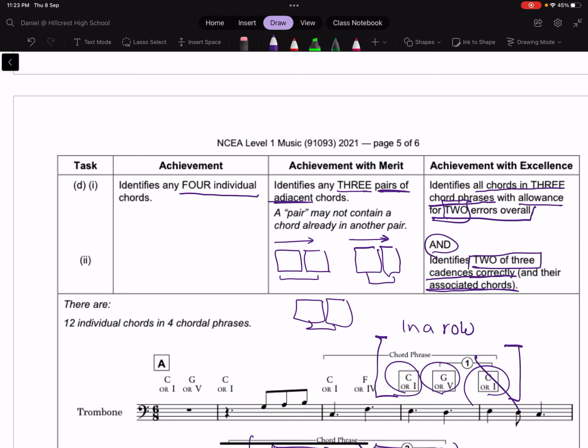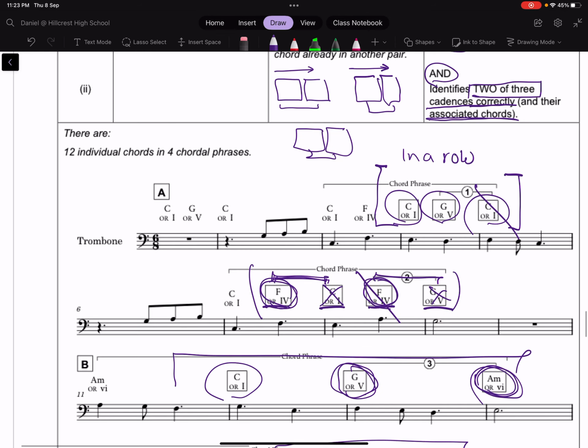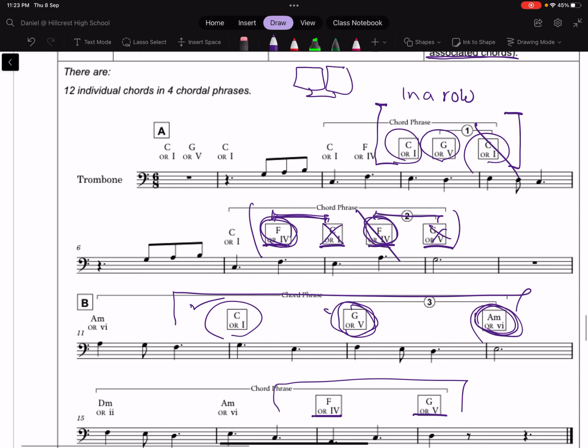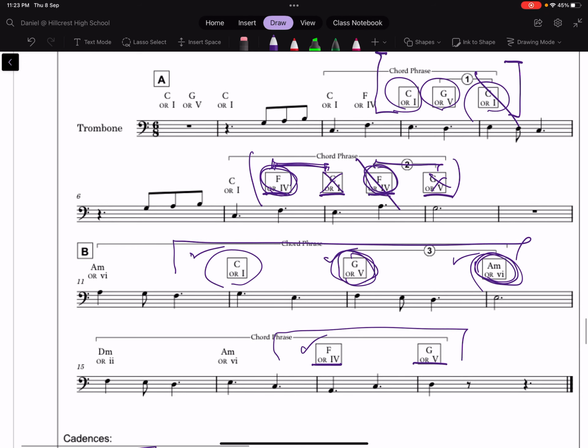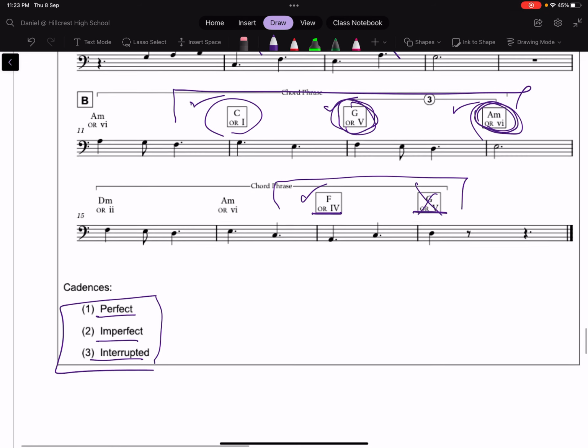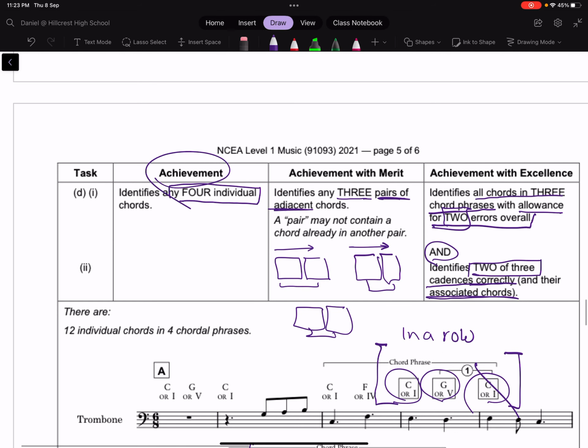For achieved, you get 4 individual chords. So if you got that one right, that one right, that one right, and that one right, rest of them incorrect, you'll get an achieved. Okay, that's the marking schedule. And off we go to the last